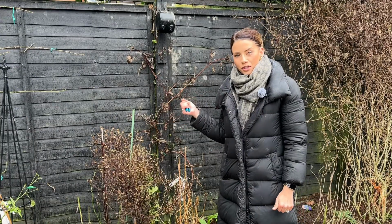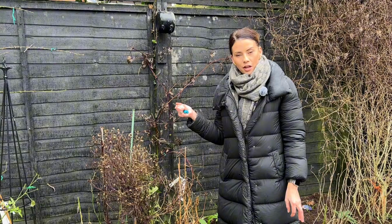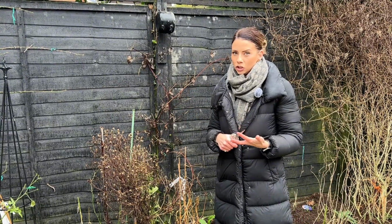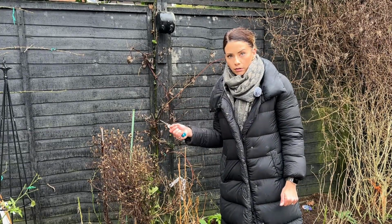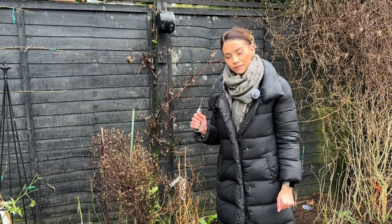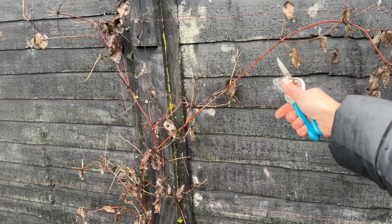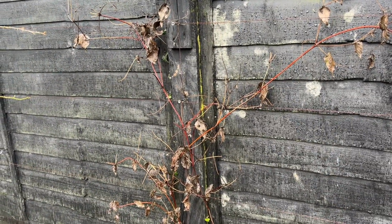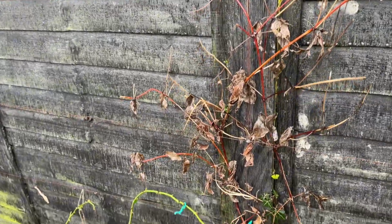We come on to a group 3 clematis. Now this flowers later in the summer, and these ones are repeat flowers. So this one flowers from about June till about September, and they are going to flower on new growth. So you want to hard prune those, and I will show you how to do it. So you will see here that all of this is last year's growth. So all of this on a group 3 clematis comes off. And then what you want to do is follow the stems